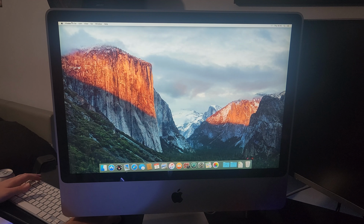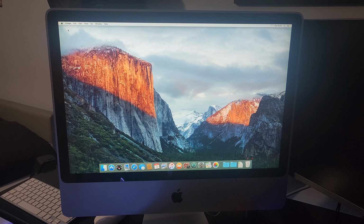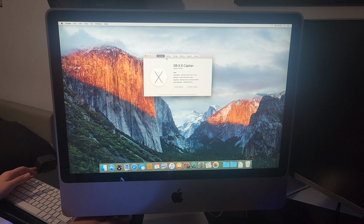Okay, so we are now install complete and running El Capitan on a big 1TB SSD, which it has decided to break. Jesus Christ, that was an explosive drink. We are now running on, nope, let's try that again, we're looking at a funny angle. We are now on